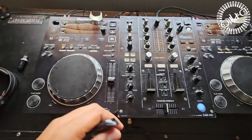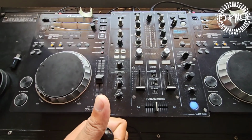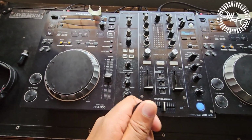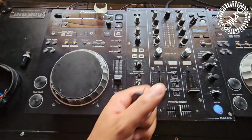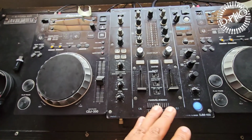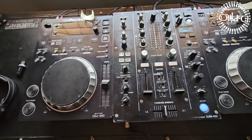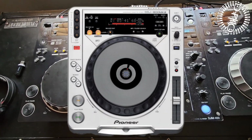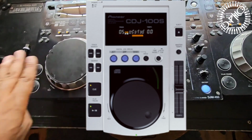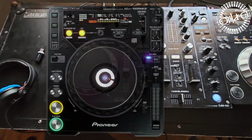Another thing that I've noticed a lot is guys mentioning that the BPM on the 350s is not accurate, or rather it jumps around a lot. There's a very good reason for that. Let's jump back into history and give you a quick example. Pre 2009, all the decks, I'm talking about the CDJ 800, CDJ 400, CDJ 200, CDJ 100, all the smaller line decks, even the CDJ 1000s, MK1, MK2, and MK3s, did not have